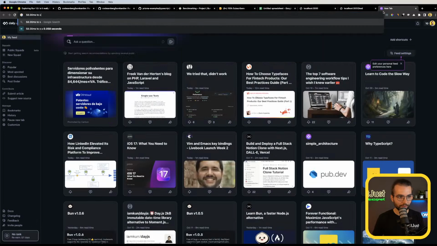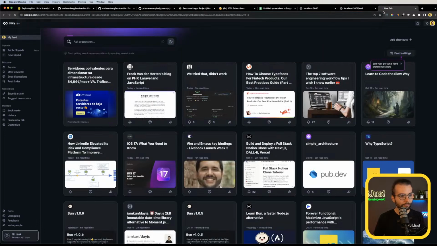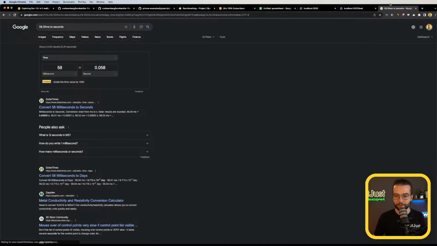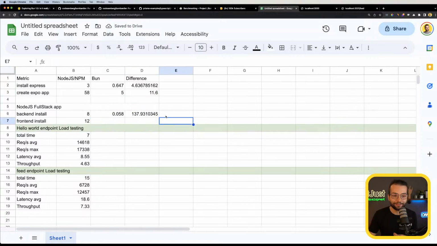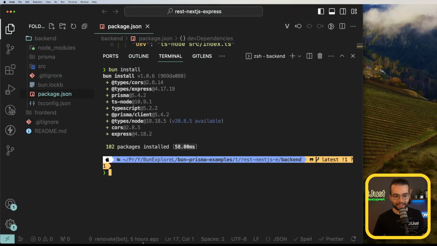2 seconds. It's 0.058. I was right. And if we compare the difference here, it's 137 times faster. Not in percentage, it's x 137 times. That's impressive. Okay, let's go ahead and